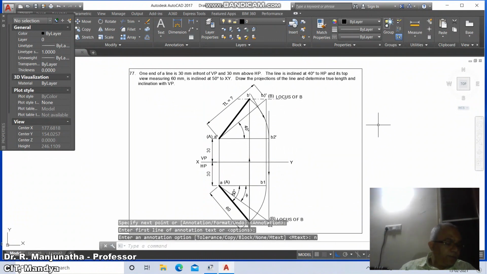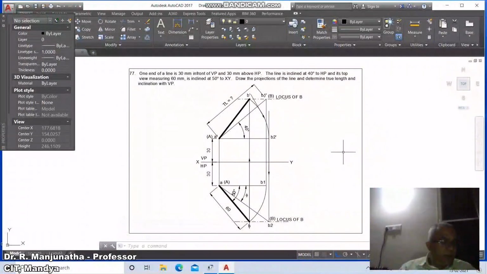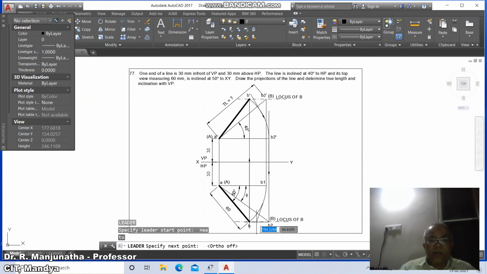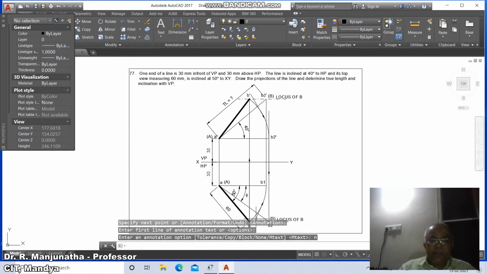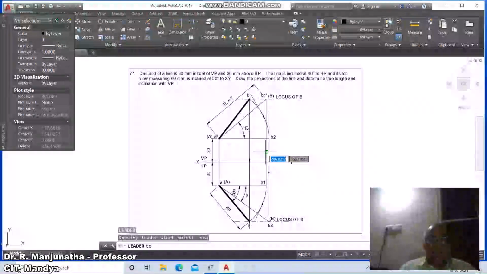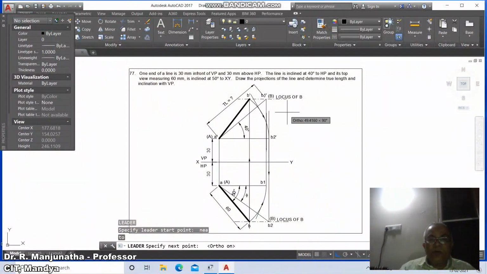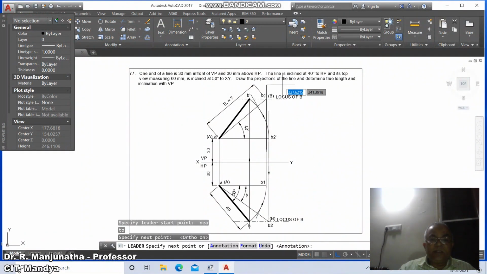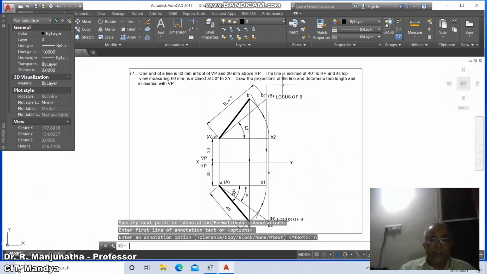Similarly, you come down to this. Okay, now we will go for leader, take nearest point on this, put up the ortho mode and put tangentially to this line, then go to annotation options none. Similarly, leader nearest to, select this, put on the ortho mode and drag it, annotation options none.